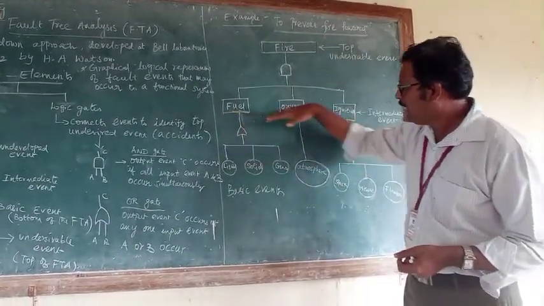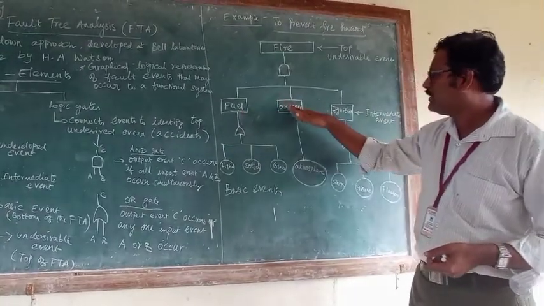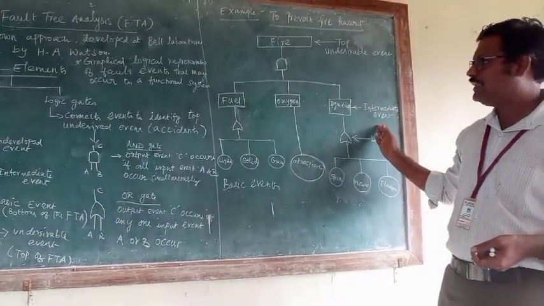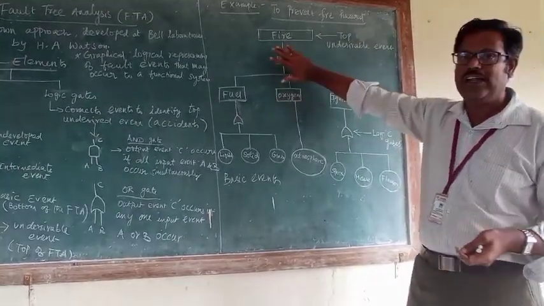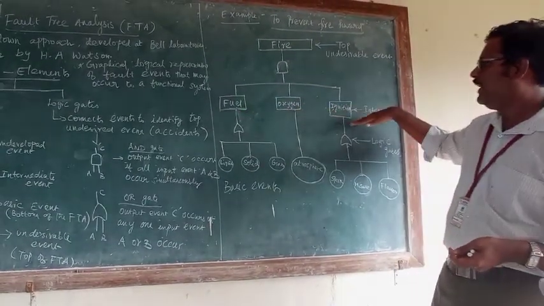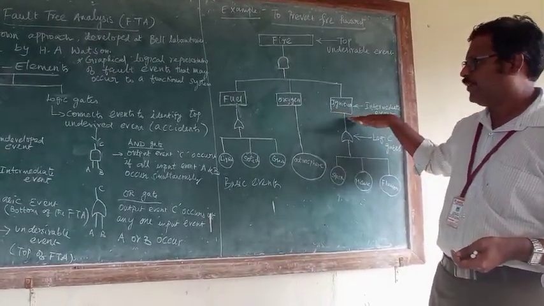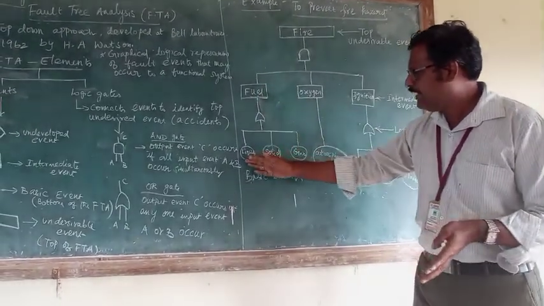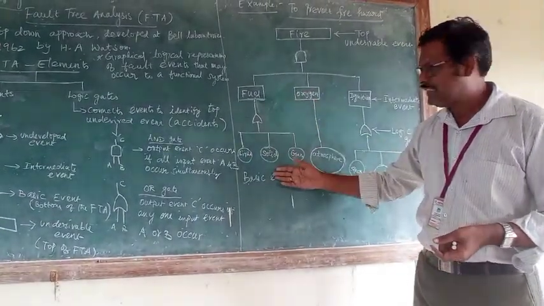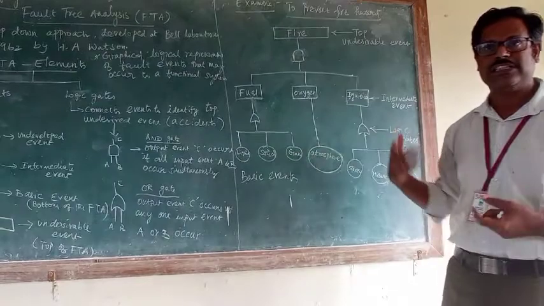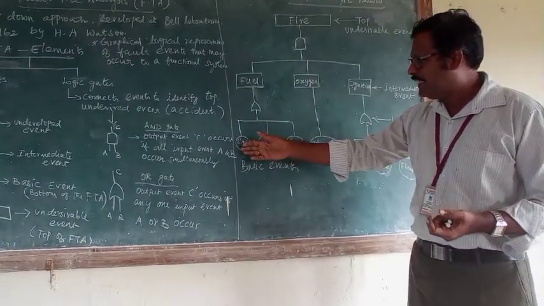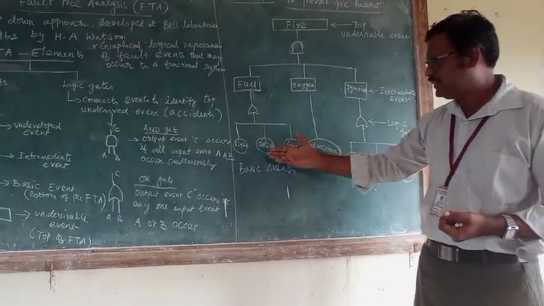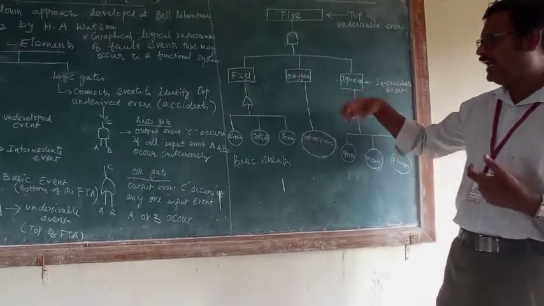And the three intermediate events are your fuel, oxygen, and ignition. These three constitute the intermediate events. Without any one of these events, we cannot have the fire. And for fuel, it is classified as liquid, solid, and gas. Liquid fuel is petrol, kerosene, ethanol, and the like. Solid can be wood or any fibrous material, and gas is any gaseous element.